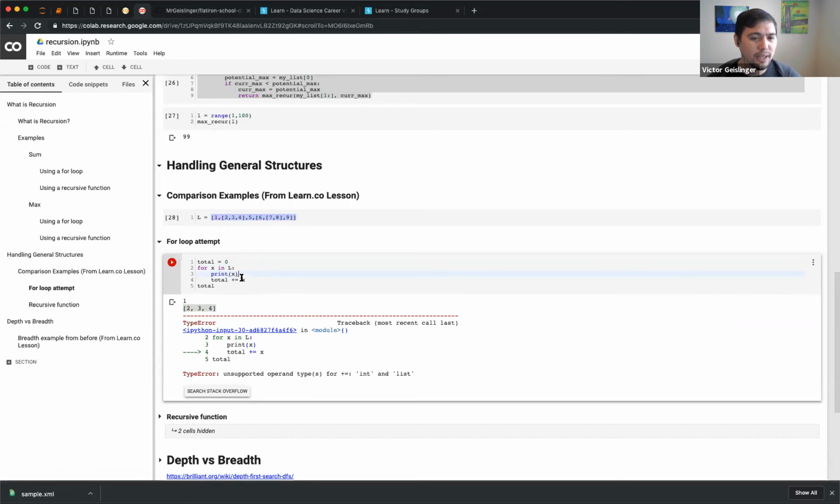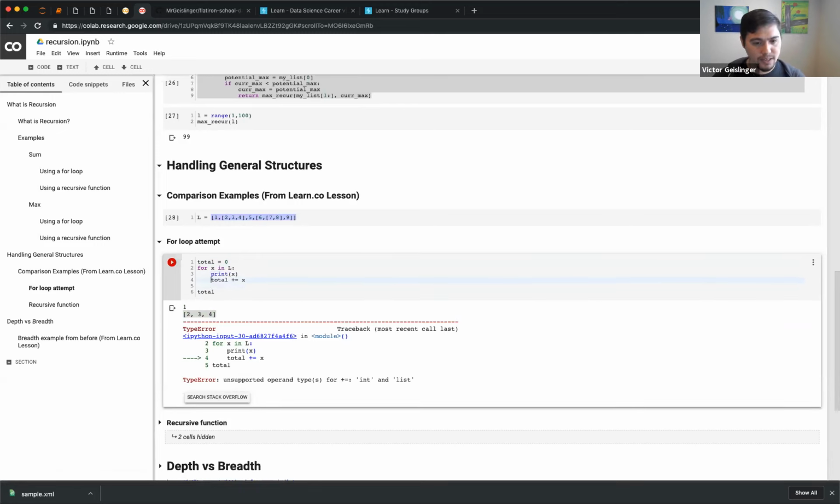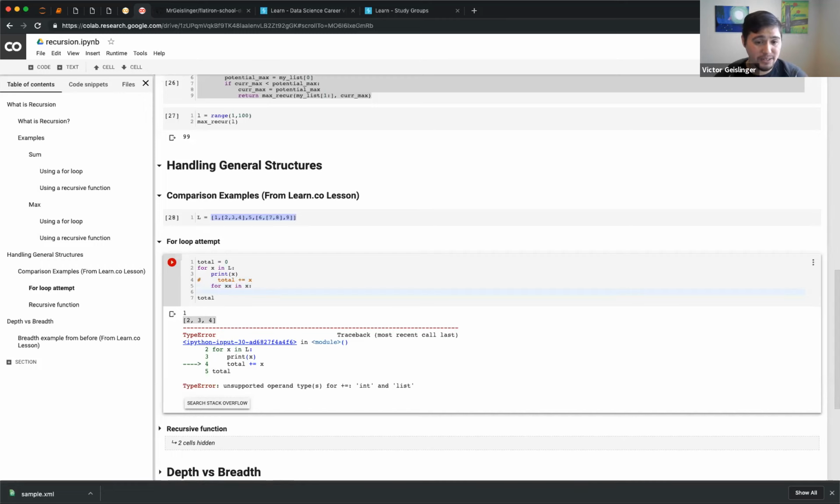So you can kind of see, let's say I wrote this now, instead of total plus equals 0 plus x, let me do for x in x. And it's like, okay, let me try to do x plus, and you can start seeing that this is not going to work exactly how I want.